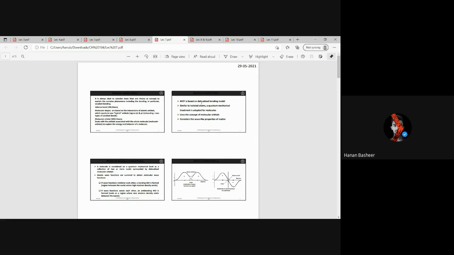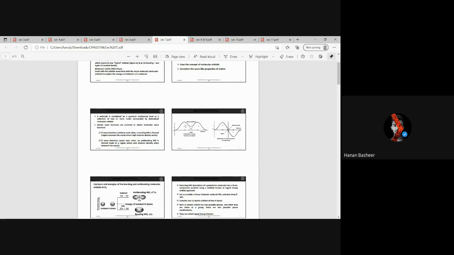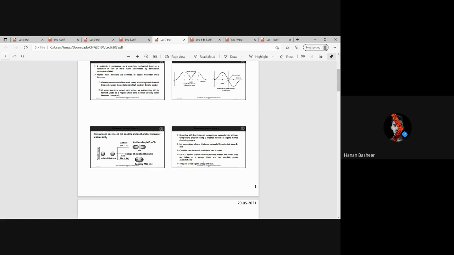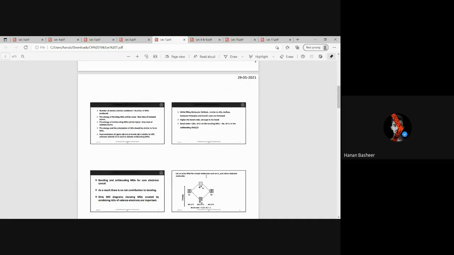So let's start. In this lecture, we are going to discuss how MO theory describes the bonding between atoms as the mixing of waves. If two waves are interfering with each other in a positive or constructive manner, then we get a bonding molecular orbital. Whereas if they are in destructive interference, then we will get an anti-bonding molecular orbital. So this is the basic concept here. We use this to solve various problems.